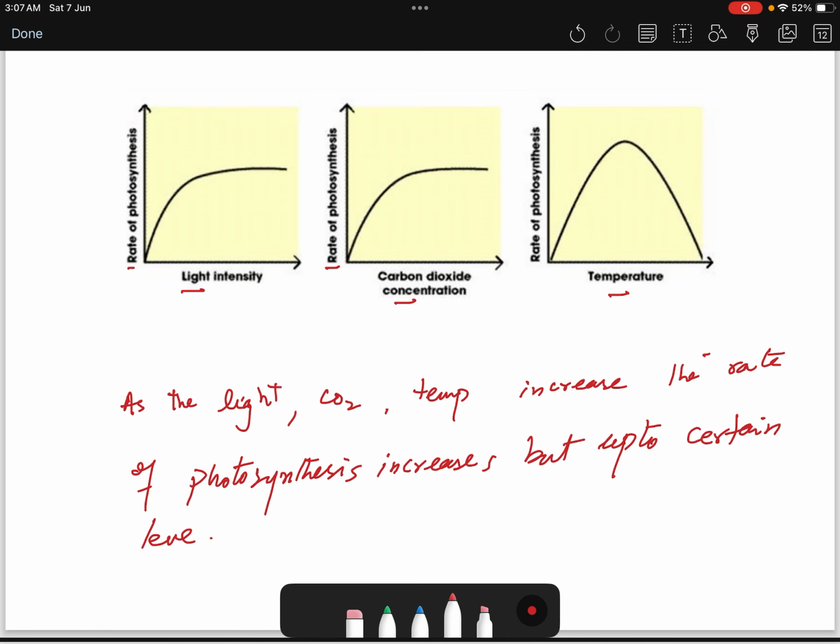Okay, after that what happens, either it stays constant like this one, or it decreases like this one, constant over here